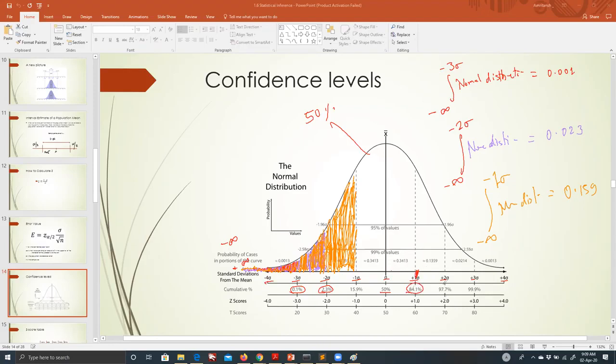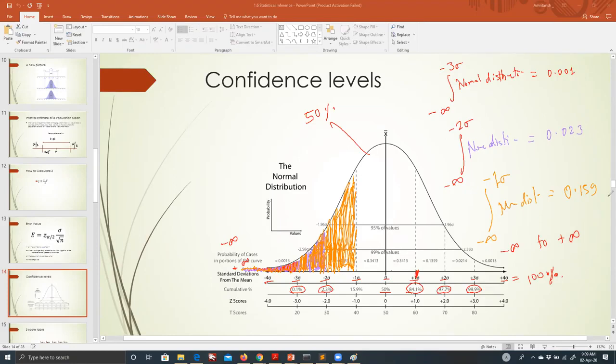If you go from negative infinity till positive 2 sigma, or mu plus 2 sigma, it will be 97.7. And similarly, if you go from negative infinity till 3 sigma, it is 99.9%. And if you keep going, till infinity, you will get 100%. So basically from negative infinity to positive infinity, you are going to get 100%, but that is not achievable. So your confidence interval in a normal curve can never be 100%, because then you are taking both infinities, and we do not know infinity exactly.